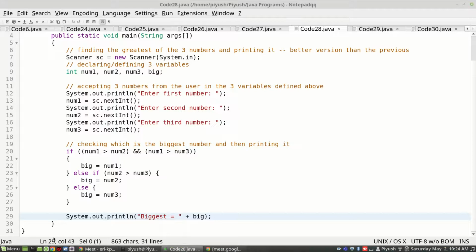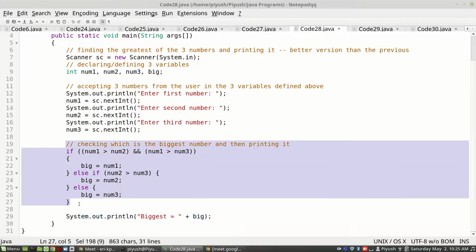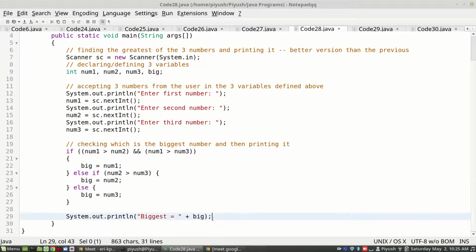So just have a look at this program, at what we have achieved here using big, that is, reusing the value of the biggest number somewhere outside this if statement, this entire thing, and later on in the program. Have a look at it for 15 seconds and think about it. In case of doubt, you may let me know, else we'll proceed.